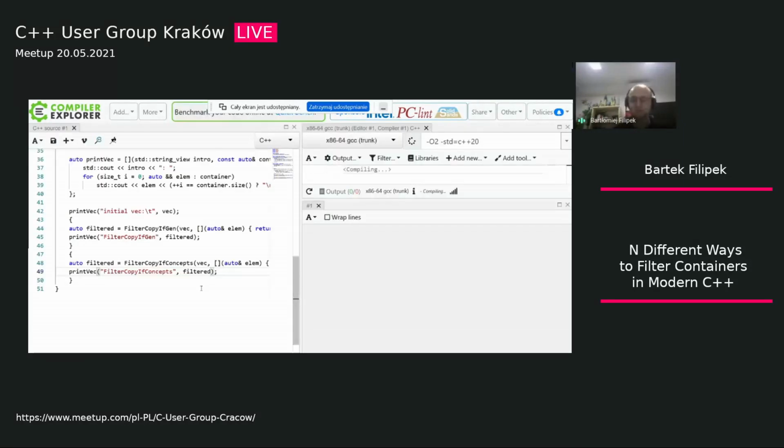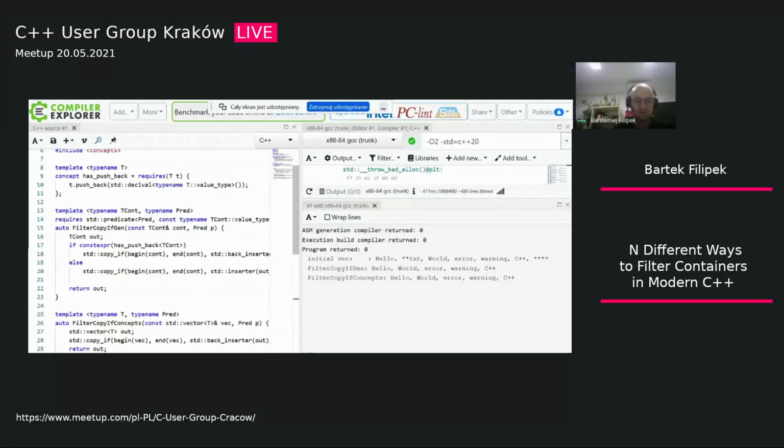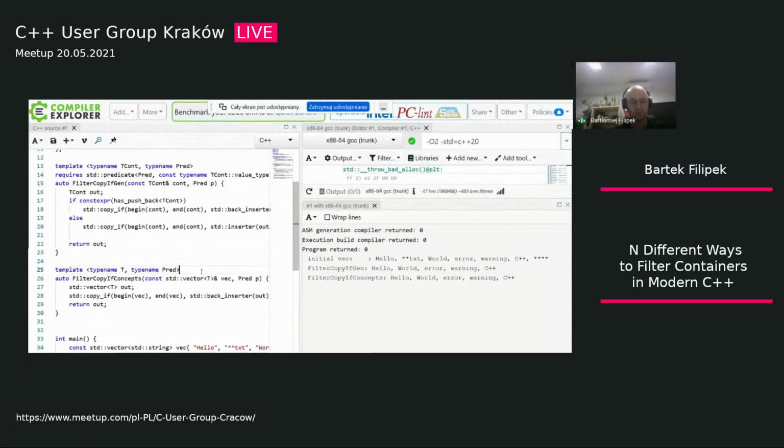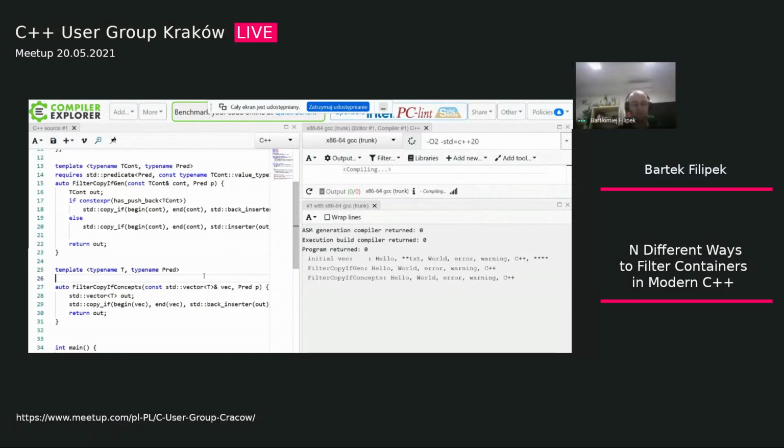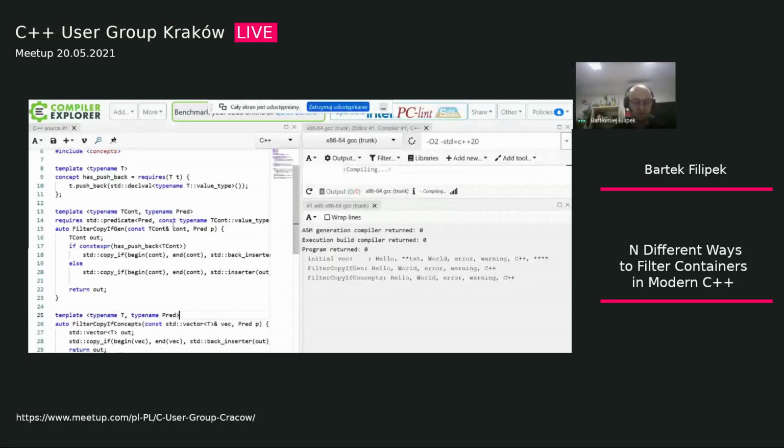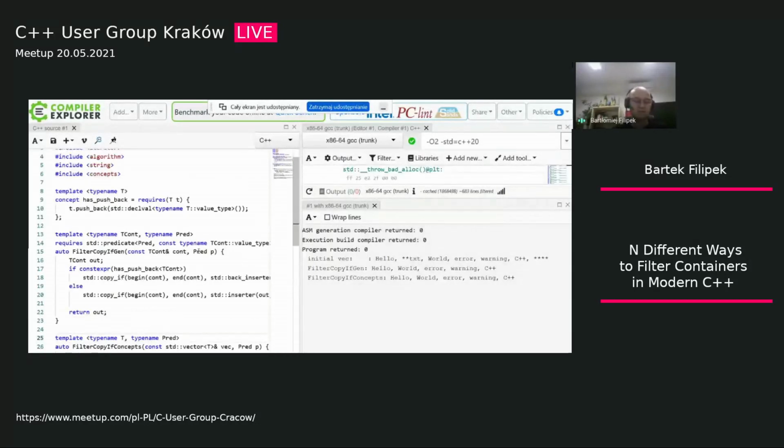So we can try to narrow this transformation. So we can update this. Okay, this is not this one, but I actually have that written here. So we can throw in an existing concept. So in this case, I require that this predicate type is of type std::predicate, which is